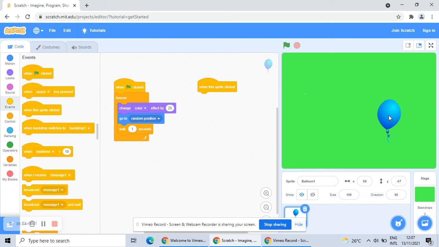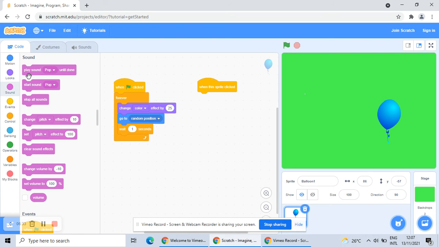In my case, I want it should make a pop sound when I click here, and another thing I want, it will give me a score of 1. To do this, let me go to the sound block. I'll choose the start sound pop. Now,